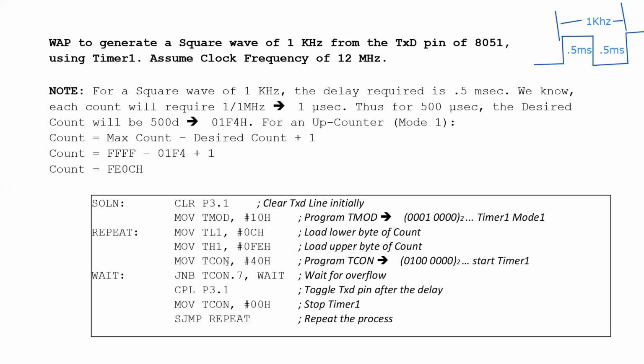Next is TCON, move TCON, #40 to start the timer 1. So here this is the TR1 bit. The TR1 bit is set and all other bits are 0. So it starts timer 1. And we are checking for the overflow flag of timer 1, that is the 7th bit, the 8th here. Whether it is 1, we are waiting, that is, we are waiting for the delay. When it is 1, we go to the next